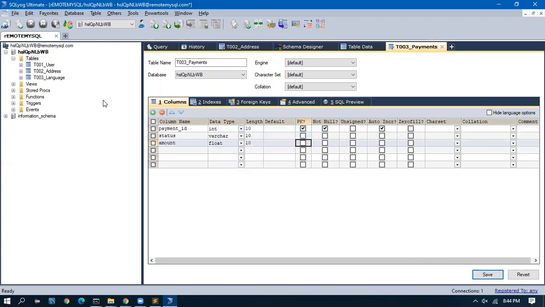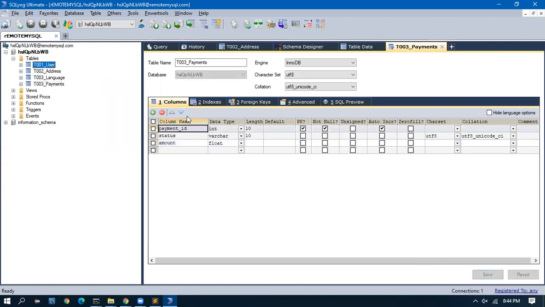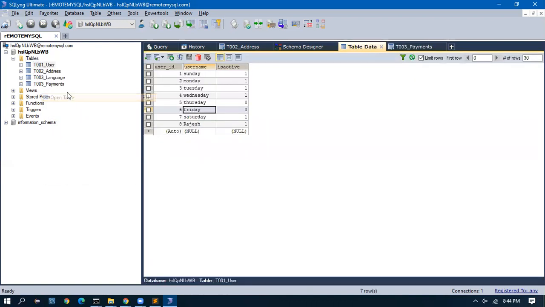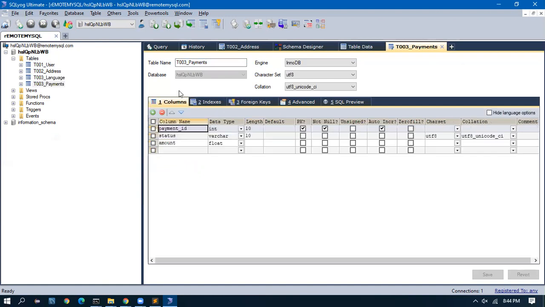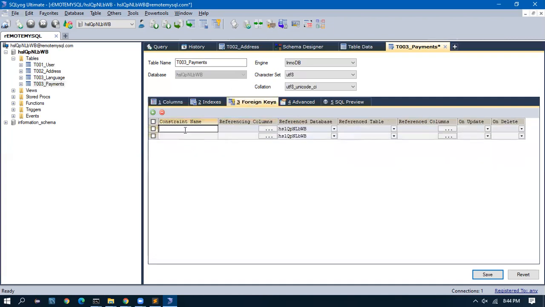Now assume that these users, what are the user IDs? Okay, by the way, I have to add a user ID reference. Foreign key I have to add. For that, I have to add here user ID int. This is not a primary key. I go to foreign key constraint. Payment user ID FK. And the referencing column is user ID. Reference table is user ID. So I save this.